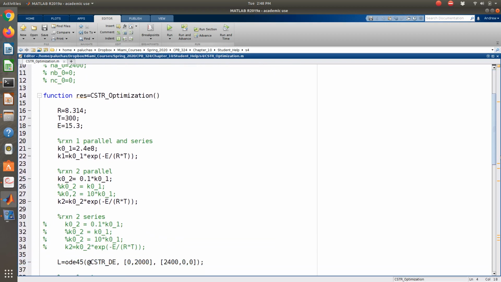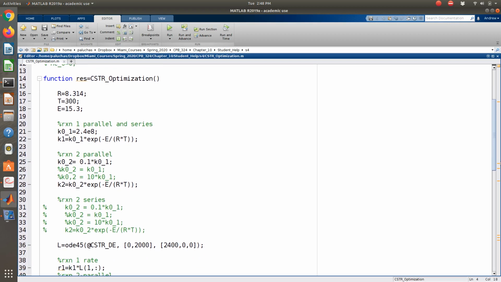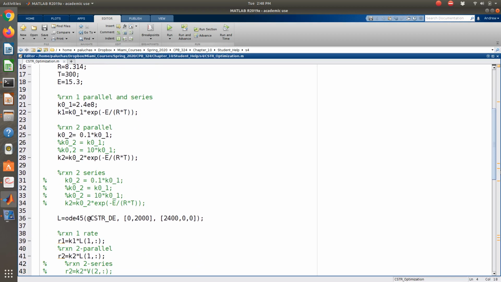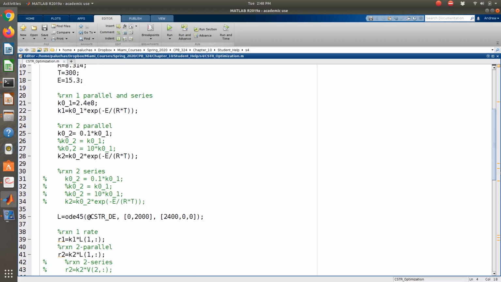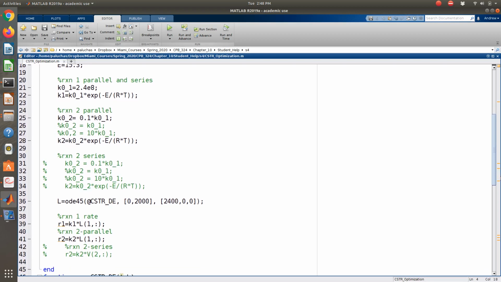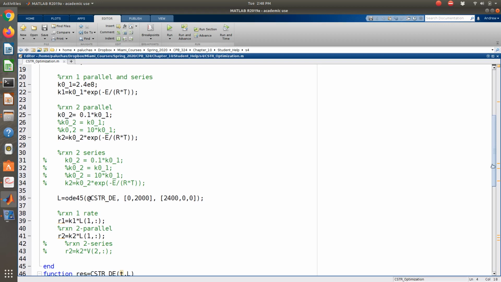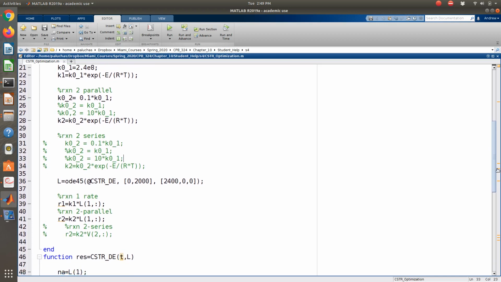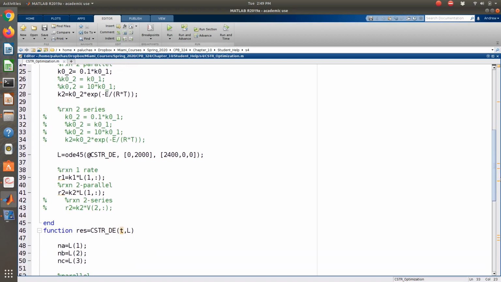All right, so let's look at this. So RTE, rate expressions, that's good. Okay. So if I just look at this, parallel and series, I mean, this is exactly the same, right? So you really don't need to have a second case for series. As far as getting my rate constant, it's my rate expression that's going to change. Okay, so